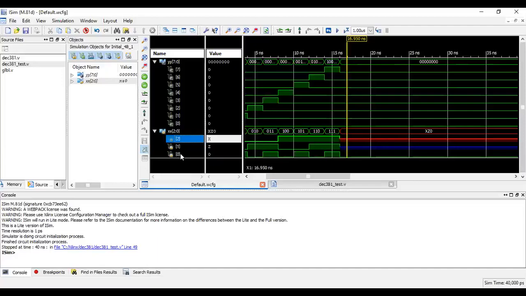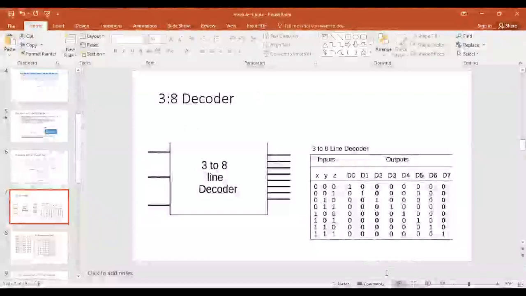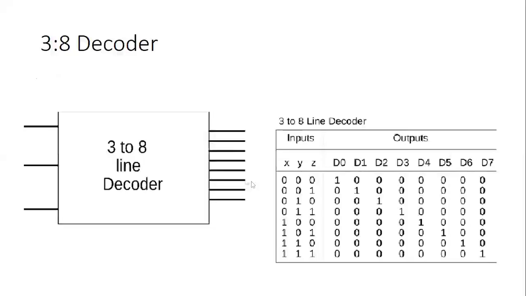And X of 0 is, now this is a 3:8 decoder, what is reflected over here. We have 3 inputs. I've left this vacant because the variable names can be anything. In our explanation, we have taken XX and this one is taken as YY. But according to the truth table, they've taken the inputs as X, Y, and Z, and the outputs to be D0, D1, D2, D3, D4, D5, D6, D7.